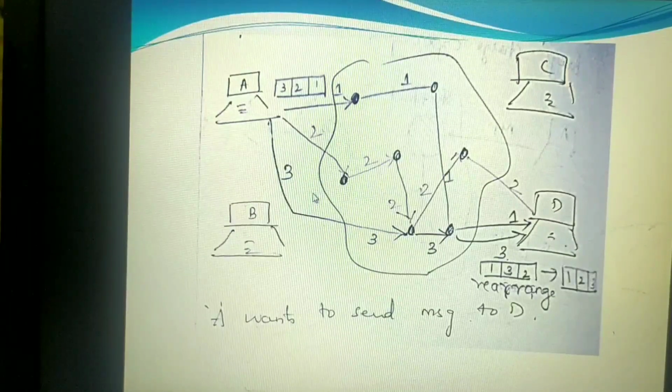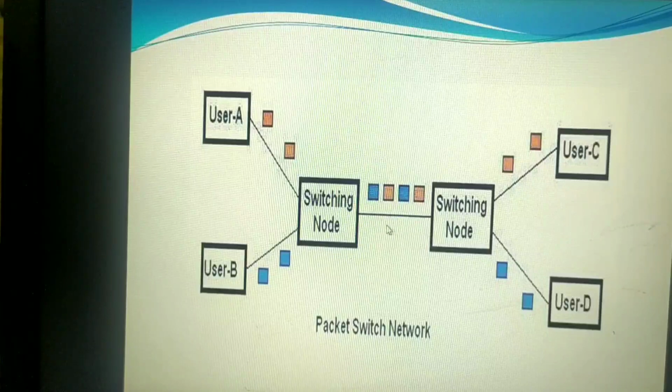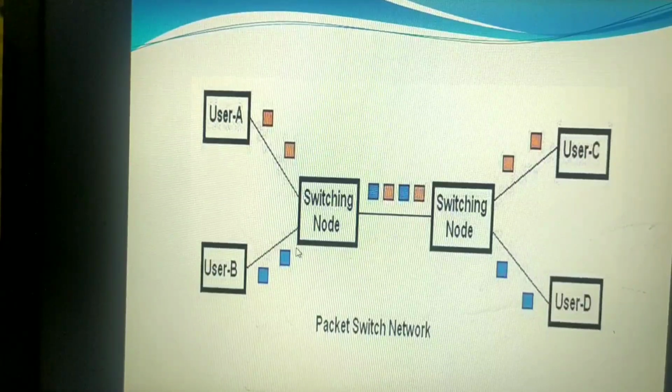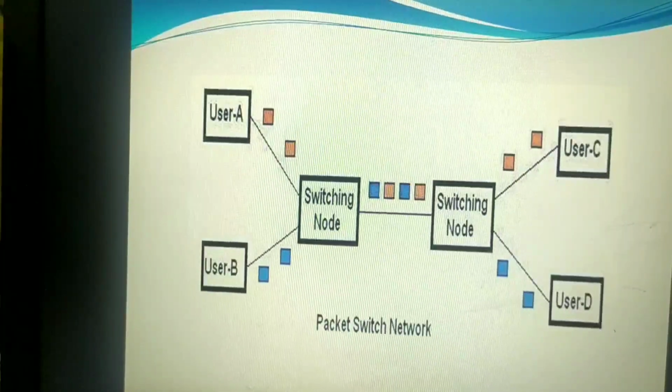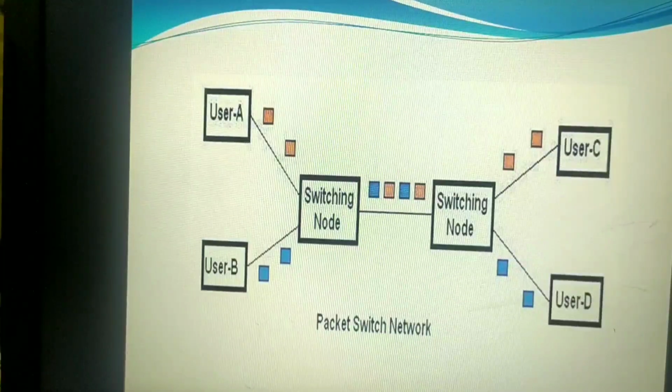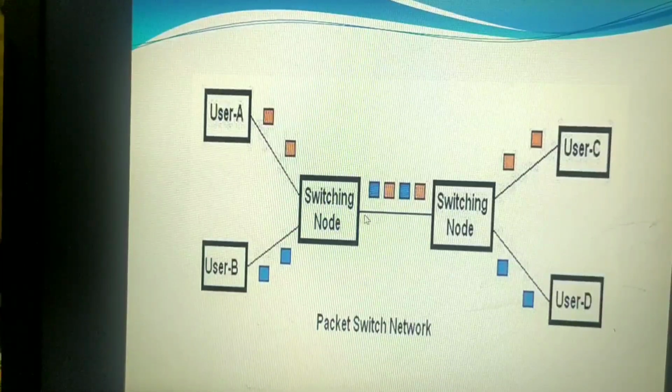Here also I wanted to explain the same thing. Simultaneously, user A and user B are trying to communicate with C and D, but they are using the same link. I already said that in case of circuit switching, links will be shared. Might be at a time 50 users or 100 users can use the same cable in order to transmit the data. Here also A and B are making use of the same path in order to send their data to C and D respectively.